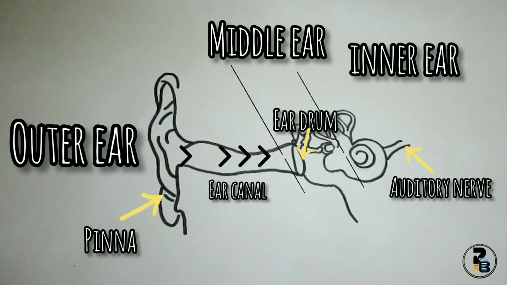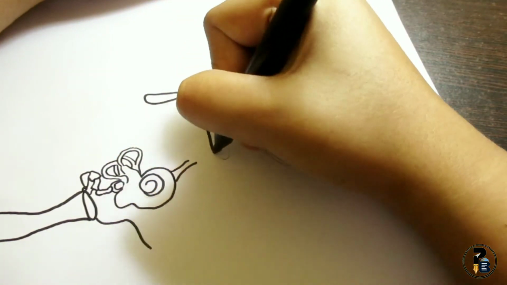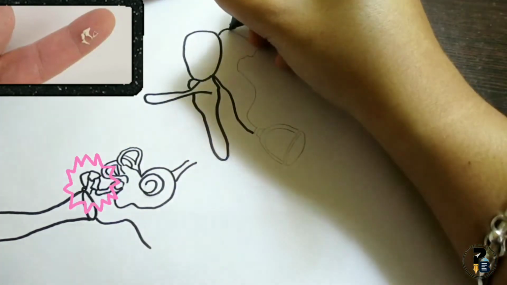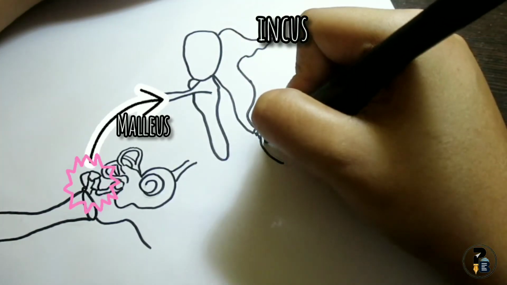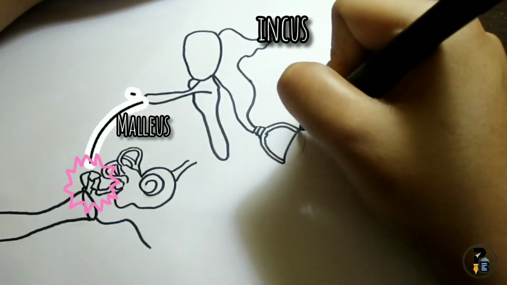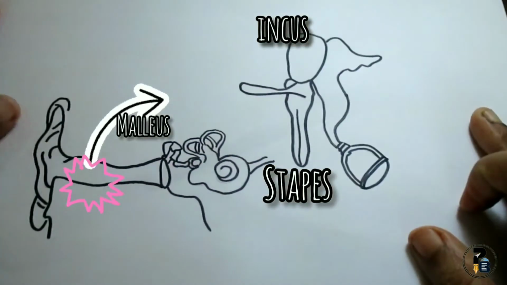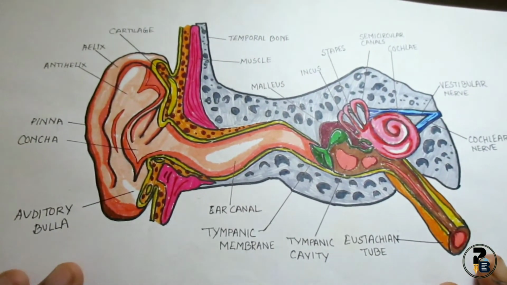There are very fine hairs and wax secreting glands in the skin of the pinna and meatus. The tympanic membrane is composed of connective tissues covered with skin outside and with mucous membrane inside. The middle ear contains three ossicles called malleus, incus, and stapes, which are attached to one another in a chain-like fashion. The malleus is attached to the tympanic membrane and the stapes is attached to the oval window of the cochlea. The ear ossicles increase the efficiency of transmission of sound waves to the inner ear.